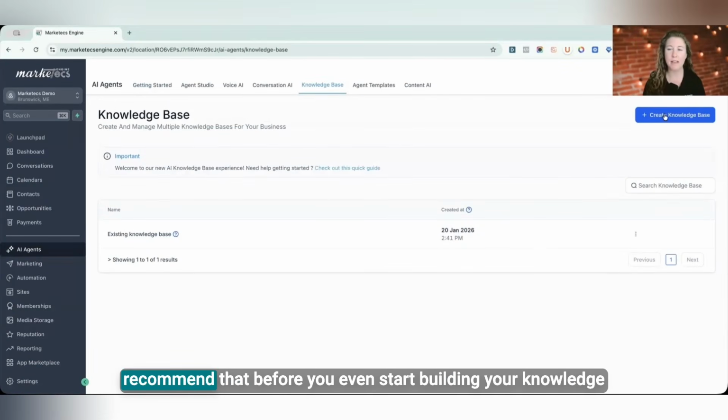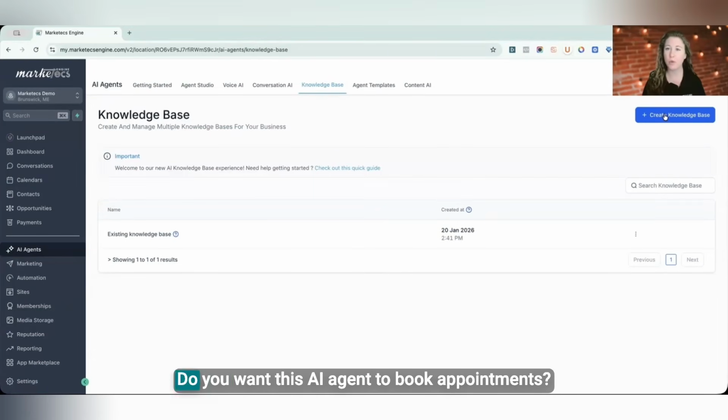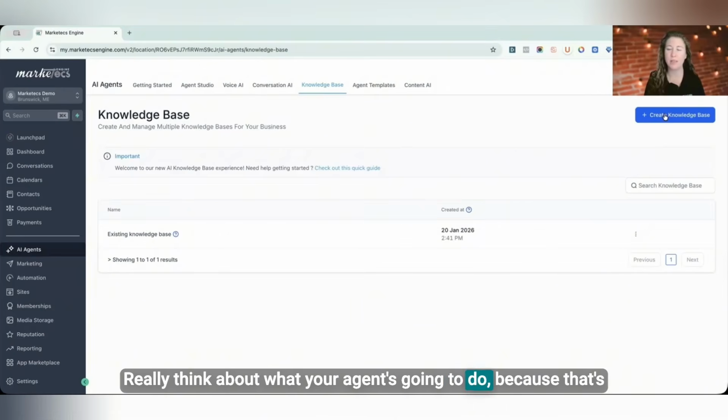And I would recommend that before you even start building your knowledge base, you have an idea of what you want this AI agent to do. Do you want this AI agent to book appointments? Do you want it to answer frequently asked questions? Do you want it to answer questions maybe specifically about one program or one service? Really think about what your agent's going to do, because